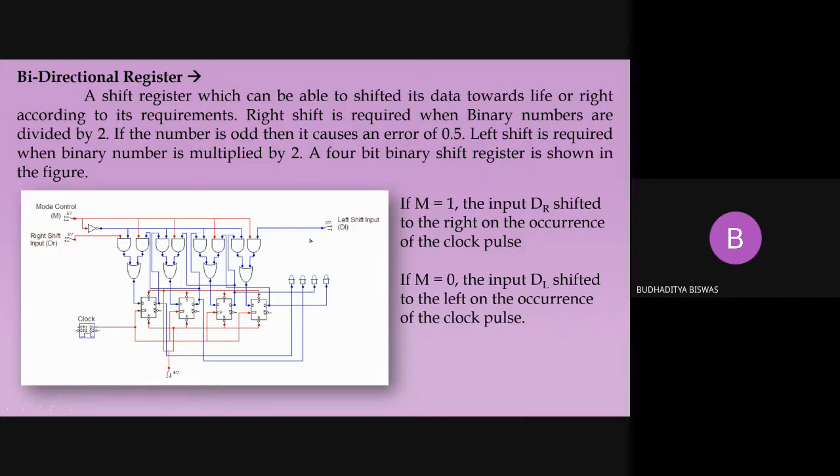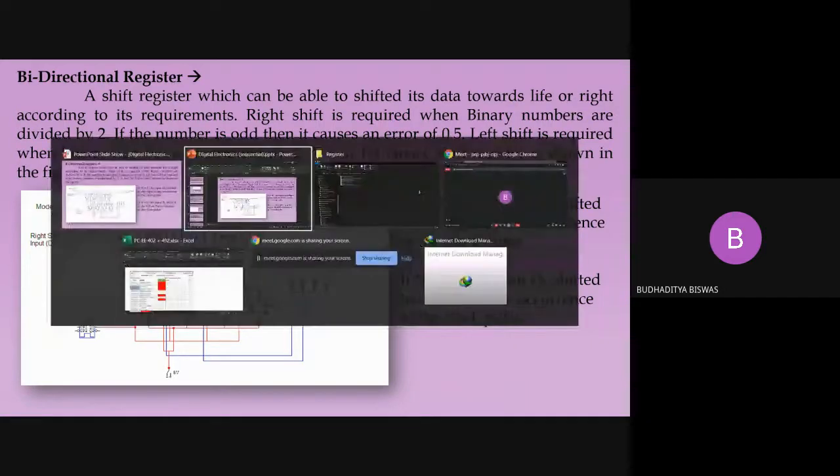And here you see, this one is self-explanatory, you can easily understand it. If the number is odd, then it causes an error of 0.5. What is the meaning of that one? এটা বুঝে ক্লাস শেষ। If the number is odd, then it causes an error of 0.5. It means, মানে স্যার,